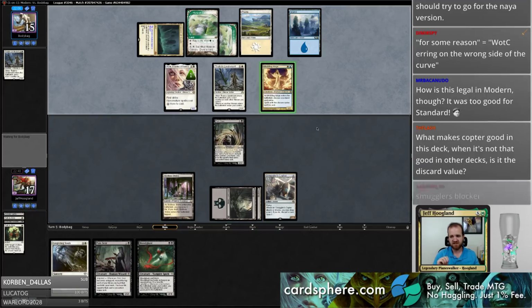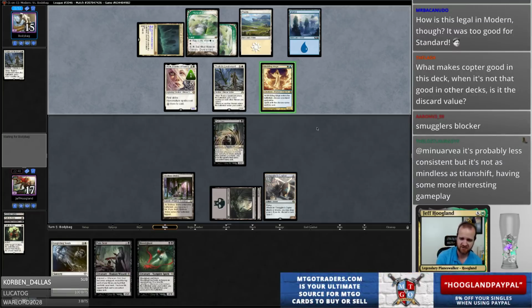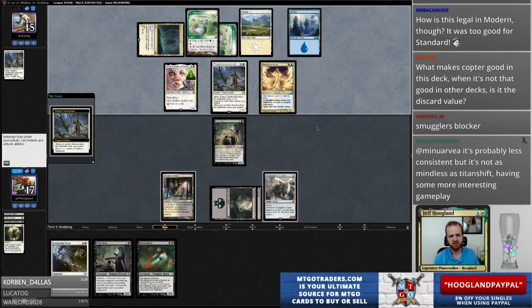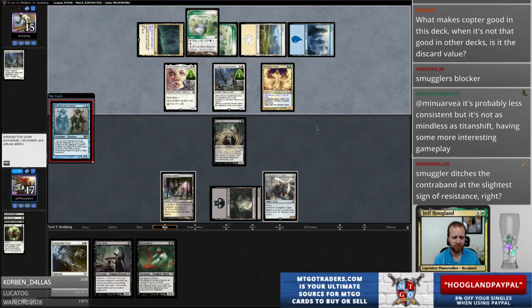Sure. What makes Copter good in this deck when it's not good in other decks? I mean, who said Smuggler's Copter is not good in other decks? So Smuggler's Copter is a card that both provides...